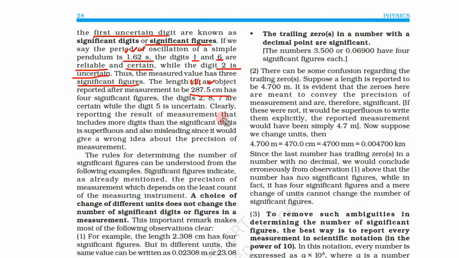So clearly, a result of measurement that includes more digits than significant digits is superfluous. That means it is misleading. That result is not accurate. That makes somebody else a fool. So we can also write this as 287.50. So we have added this extra digit. But this should not be, because we don't know even about this 5. How can we add the next digit?